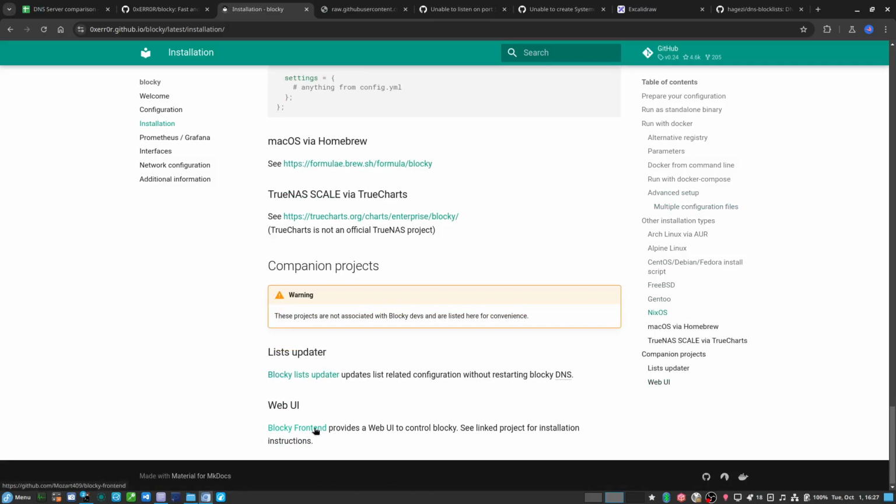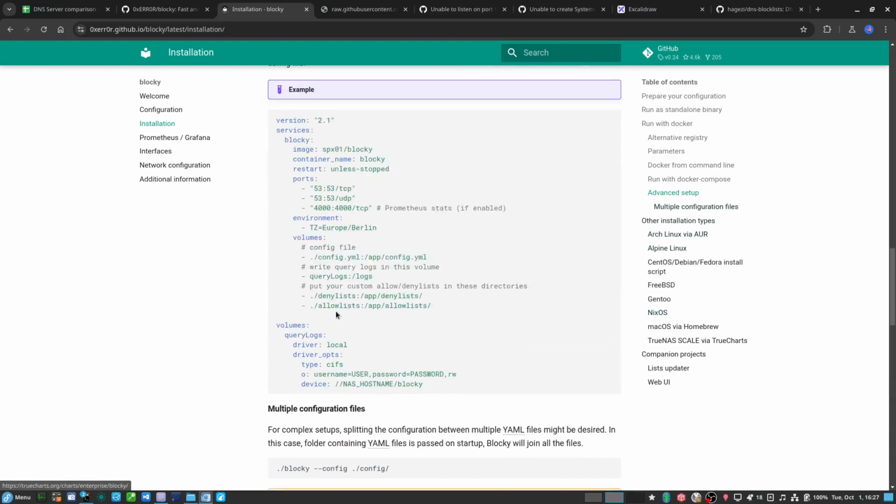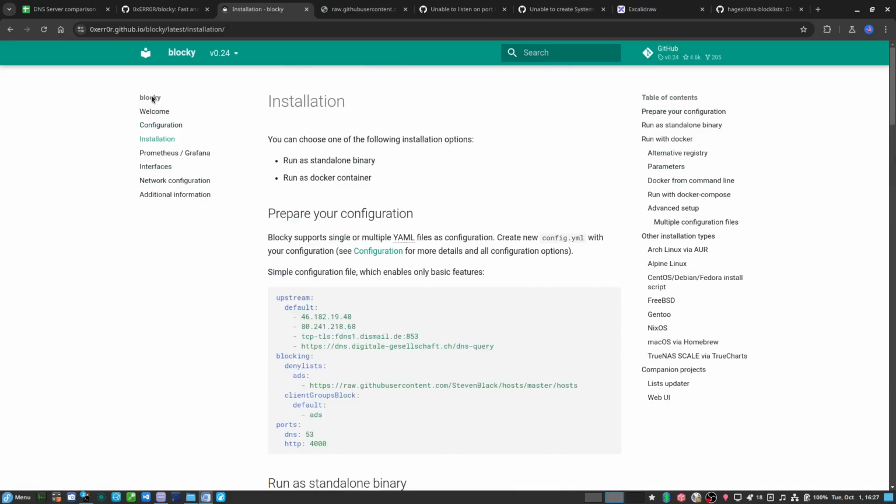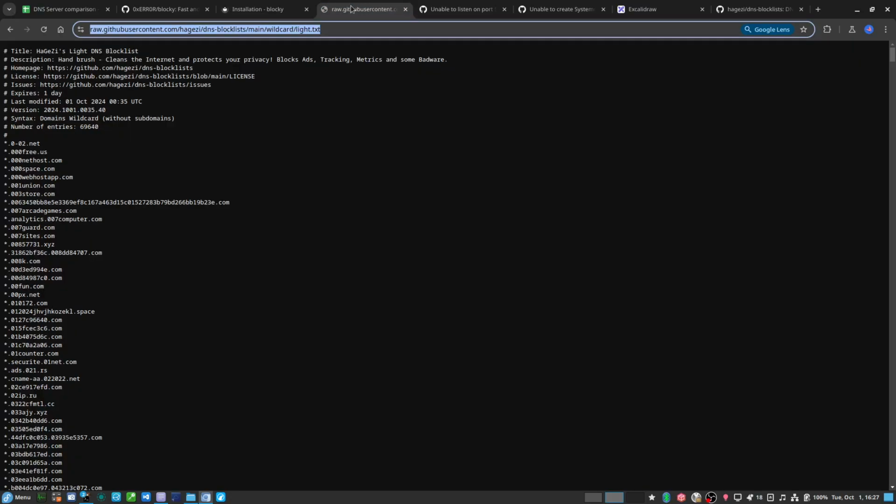Blocky front end provides a web UI to control Blocky. List updater. There are a lot of accompanying projects, and I also know for a fact that